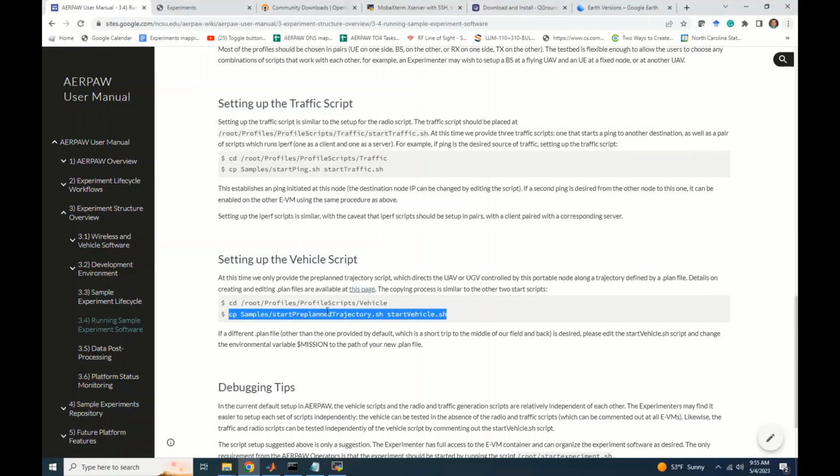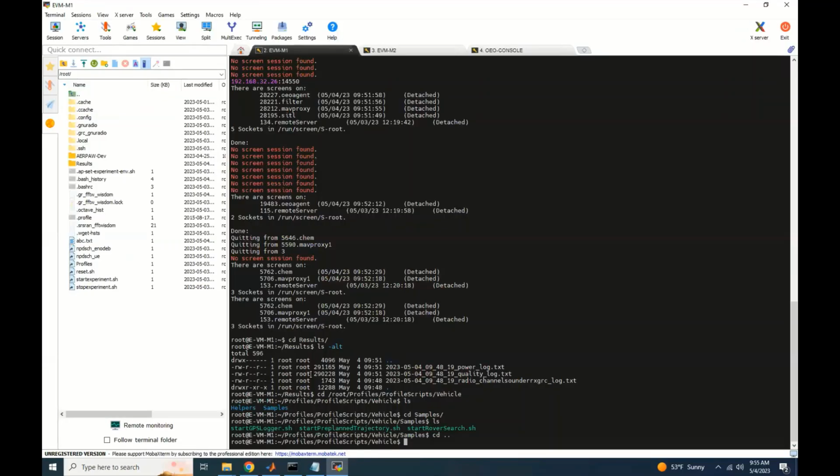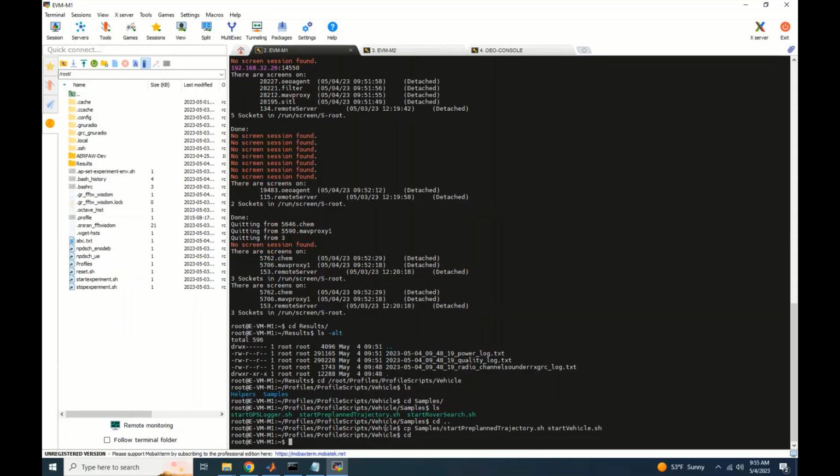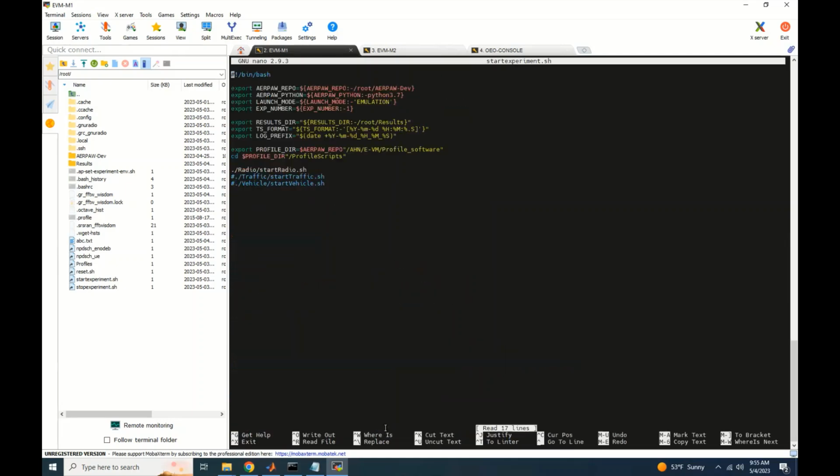So this is the default. We will use the start pre-plan trajectory script, which uses a default plan. We'll see later. Okay, I pasted here. Now I do have the start vehicle.sh script under vehicle folder. Now I need to go back to the root folder, and then I edit the start experiment.sh script,